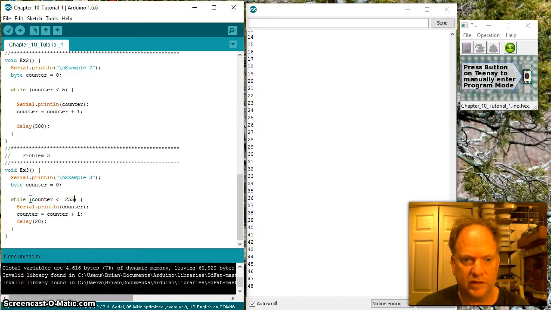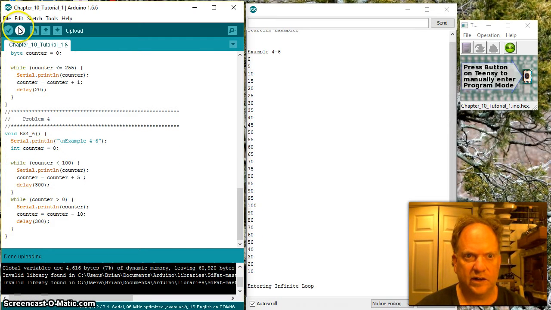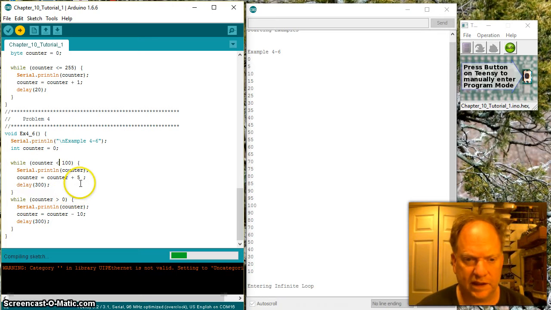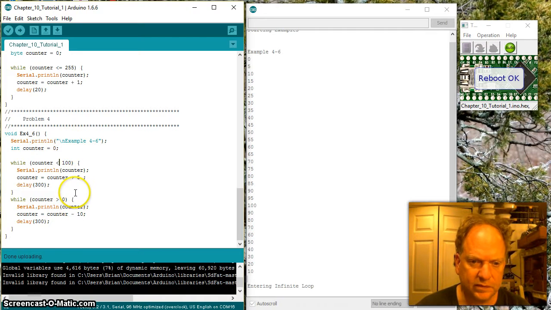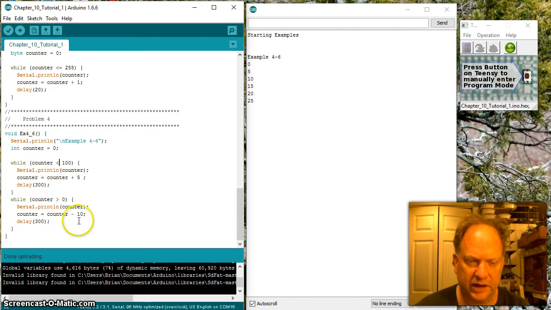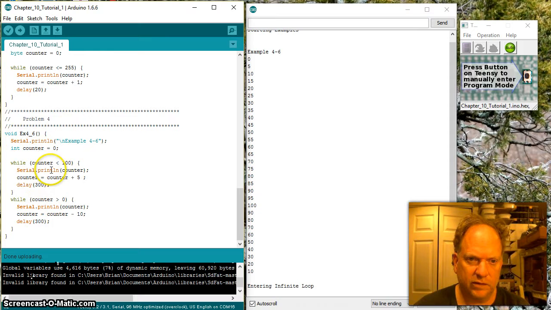Let's move on. So on this next set here, I'm actually going to combine a few of the examples in Chris Odom's book. So it's well worth it for you to at least take a quick look at the individual bits. But for the sake of time, I'm going to combine these a little bit. So here you see what I've actually done is I've put 2 while statements within this function. And you can see here what it's doing is it's counting up by 5, and then it should exit once it gets to a value which is still less than 100, and it jumps down to the next while